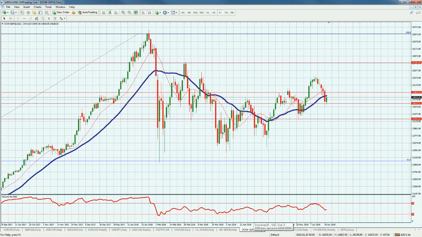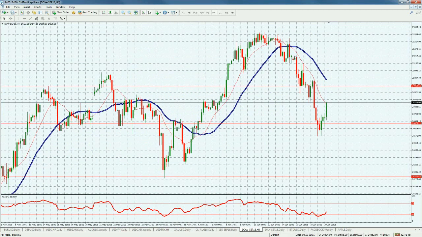Now, looking at the Dow Jones, we finally bounced yesterday after this massive slide, and sure enough, we bounced right about our support level, 24,670. We breached it a little bit, but we bounced right off of it. This morning, we're a little bit above 24,840-ish. Okay, and if this does continue, then we're just going to continue trading between these two ranges. I'd like to see some follow through here. 25,000 is really the resistance level here, and we're right between these two levels. So keep an eye on that later today.